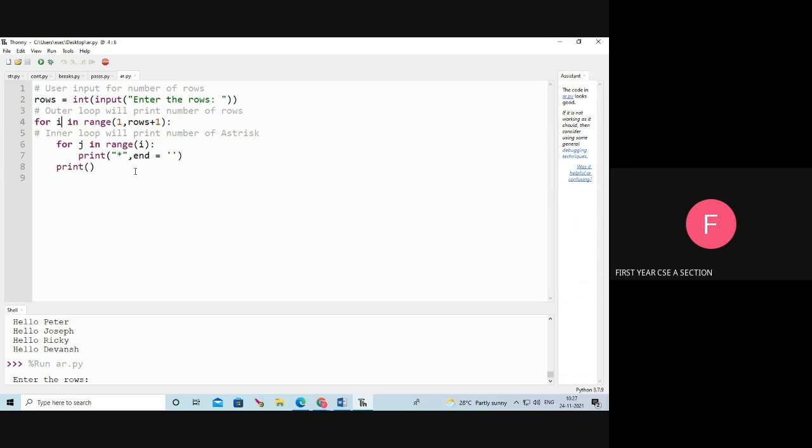The inner for loop is used to print the values. So for the first for loop, rows equal to enter the rows. See the output, enter the rows, I am giving 3. So what is the rows value? 3. So this for loop, the outer for loop, will execute 3 times.